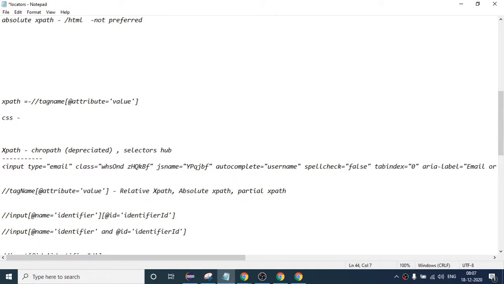There is no such thing as absolute and relative. The syntax will be very much similar. Just you have to remove double slash and at the rate. So if I copy the same line for relative XPath and I want to write the CSS, I simply remove this, so this will become my CSS.